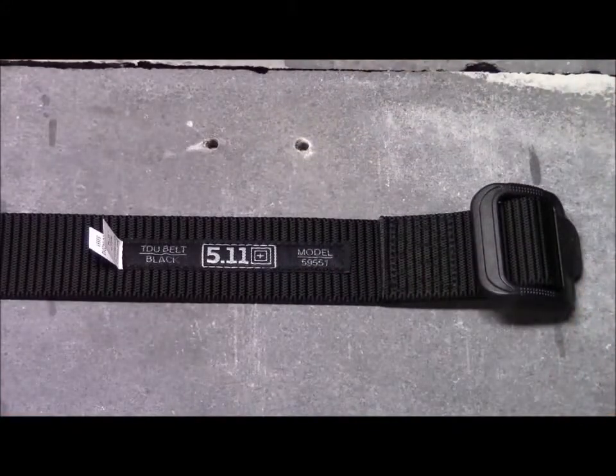Okay, a couple final notes. I already shared that it does have that non-metallic buckle, so if you're in an environment that can't have metal, that's going to be a great option. In addition to walking through any kind of metal detectors, that's not going to set off the alarm, so that's cool. They do have it up into 4XL, and that's not just if you're a bigger dude or a bigger lady. It's also if you need to put pouches, holsters, handcuffs, things like that on the belt, you'll have extra space. They also say that the nylon is really sturdy, so it's not going to